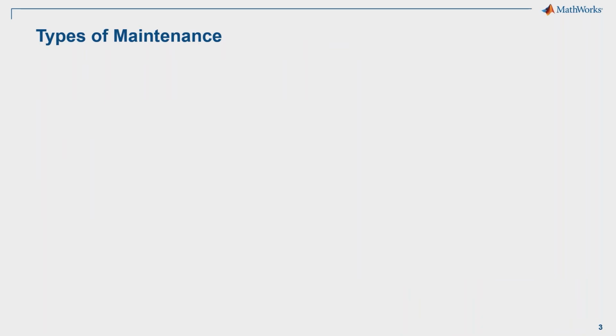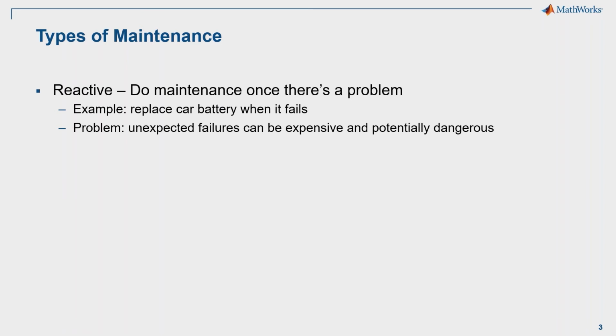More broadly speaking, there's a few different types of maintenance here. The first one is just a reactive approach, right? We're just going to wait till things fail, and once they fail, we'll replace them or we'll fix them. An example of this is, if you're like me, you don't really replace your car battery until it fails, and so you just wait, and then when the problem arises, you fix it. Now, there's some issues with this, obviously, right? Unexpected failures, especially for more complex or more important systems, can be really expensive and potentially dangerous, right? You can't really just wait for a jet engine to fail mid-flight. That's going to lead to some serious problems.